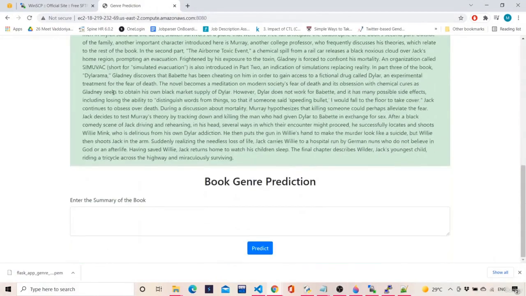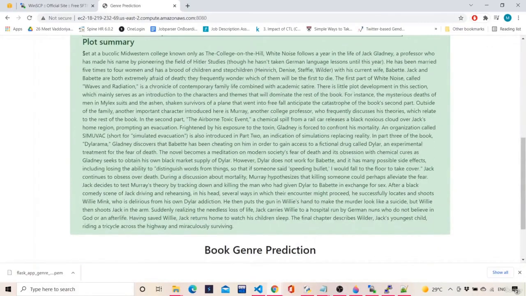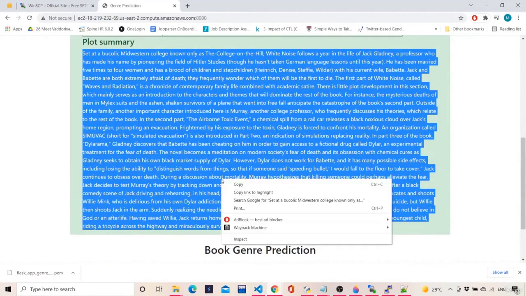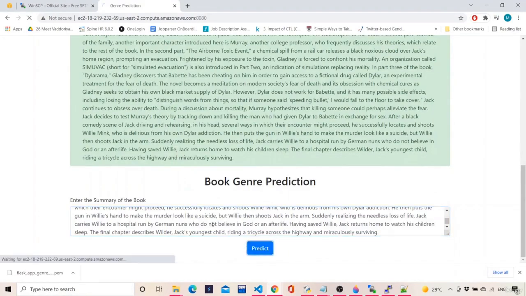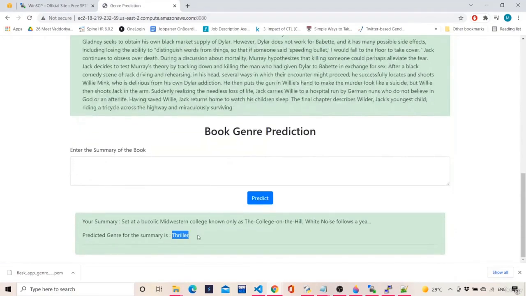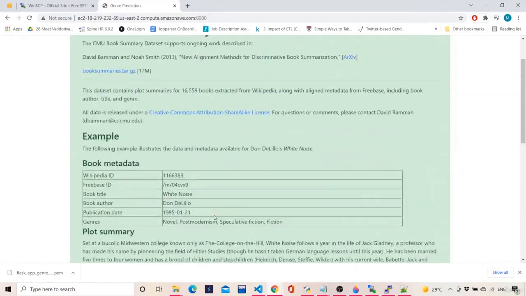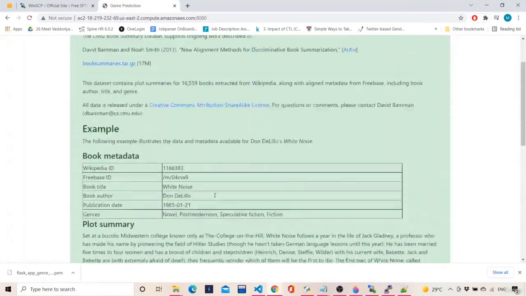So this is all about the deployment of things on an AWS EC2 instance. It is a little bit tricky. You have to invest a lot of time in this, and we can see the prediction is also coming for us in this book genre description, and everything is working fine.